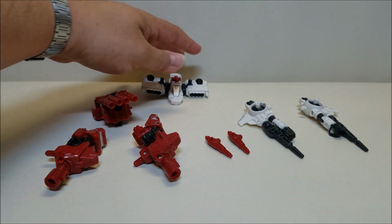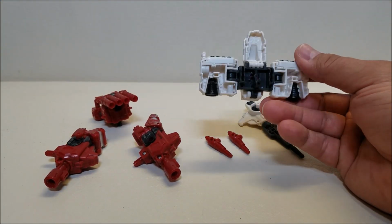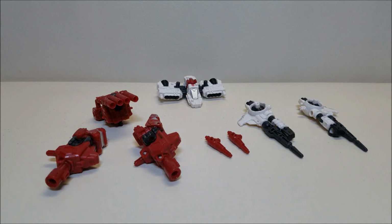And then, of course, this last piece here is called the dual flank boost launcher. So this can be used, I guess, as a jetpack for some figures. But it's also got those missile pods up here, so it can also be guns. So any one of these components can be used individually as weapons, and they can also be combined as other